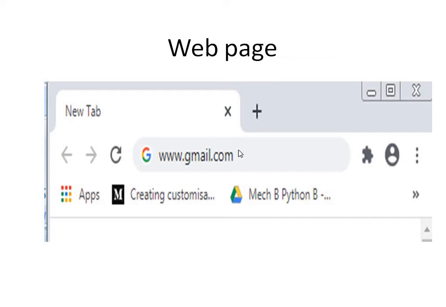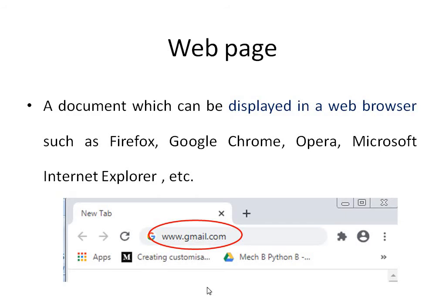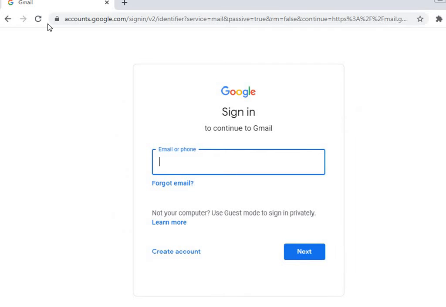Whatever address we type in here, we are using the domain naming system. Whatever address we type in, the related web page will be displayed, right? This is the document that we are requesting, that is the web page that we are requesting. What will it give us? It will give us a page like this, right? This is an example of a web page.